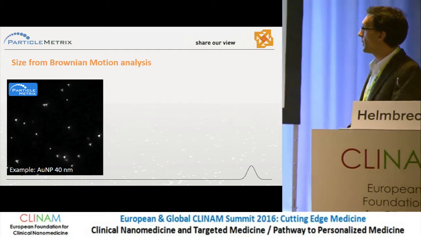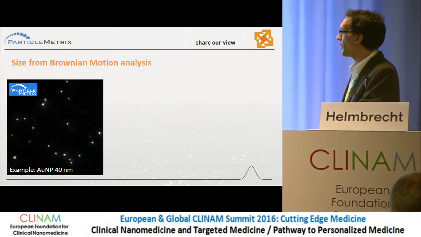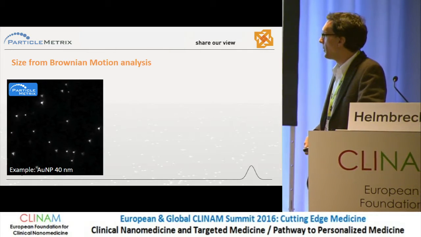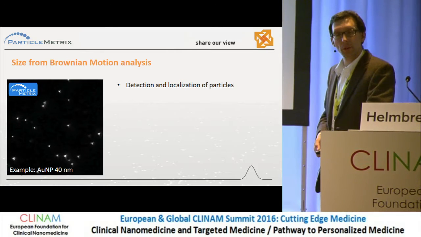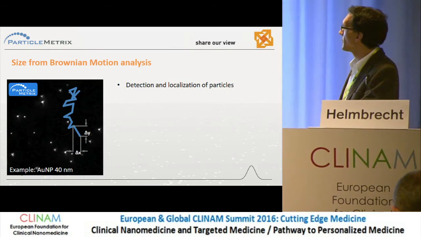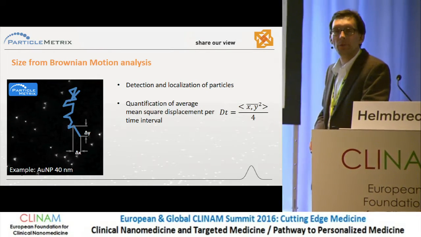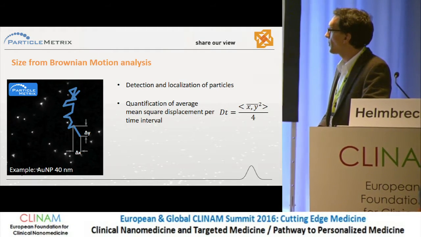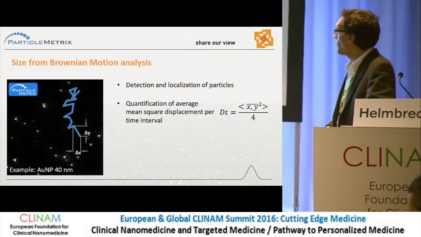We look at the migration, the Brownian diffusion of the nanoparticles. In this case, this is 40 nanometer gold nanoparticles, and we record an image series. With a digital algorithm, we can detect and localize the particles. The movement from frame to frame is depicted in terms of the mean square displacement, basically the jump of the particle from one frame to the other. And